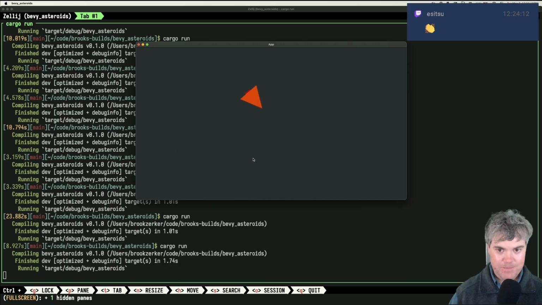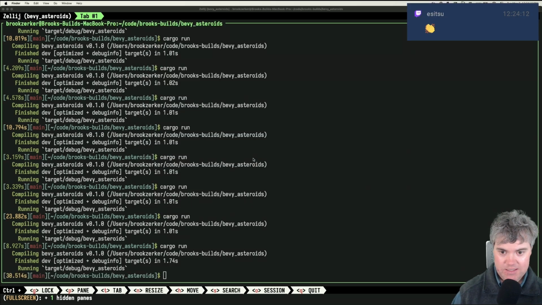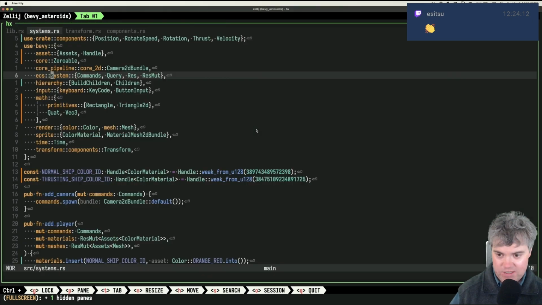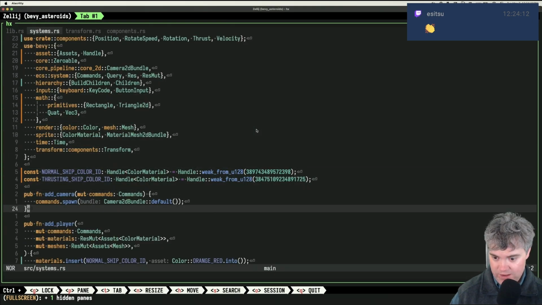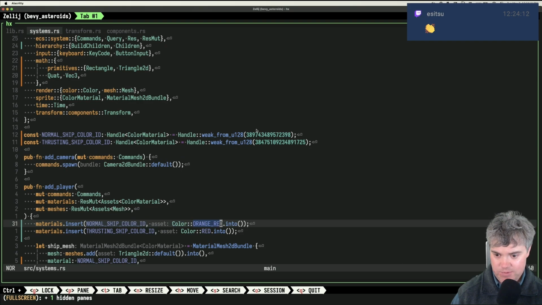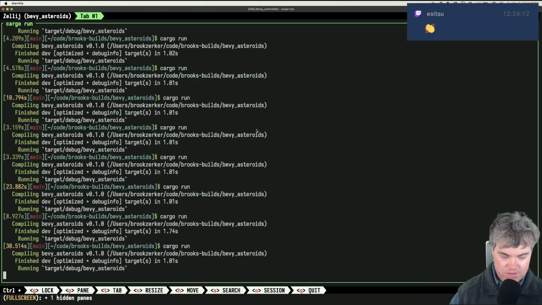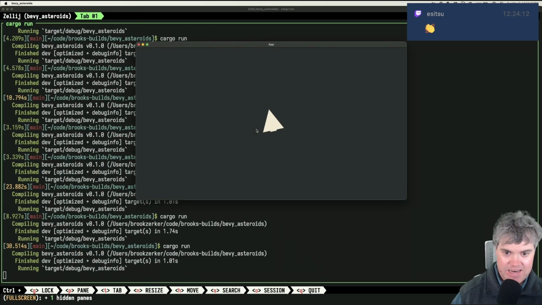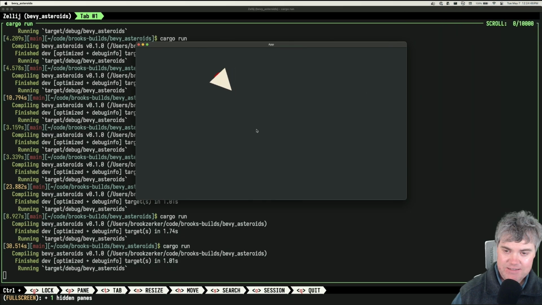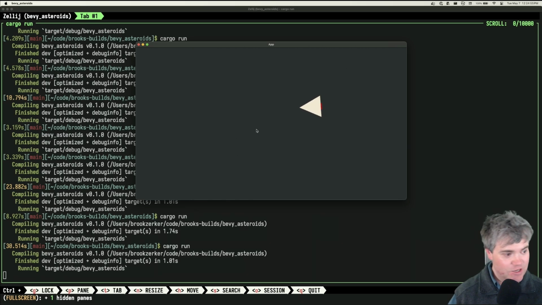I like it. Now, if I don't want that to be white, that's perfectly fine. Or sorry, if we don't want it to be orange-red, we can now change this to be antique white. So it's not quite as bad. Not quite as eye drawing. And now we can see that turn, which is nice. Okay, so now we can move around the screen. We can technically go off the screen. We don't have anything set up to rotate us around, move to the other side. But hey, it works, which is great. We can move around, and that's all great.